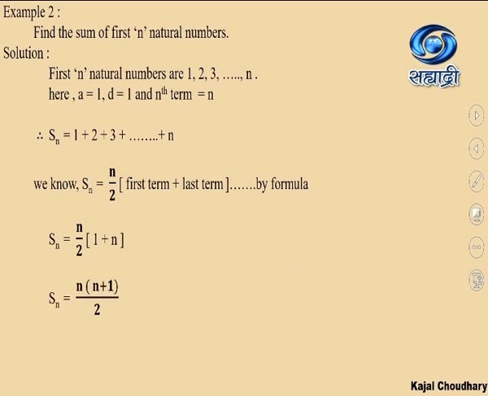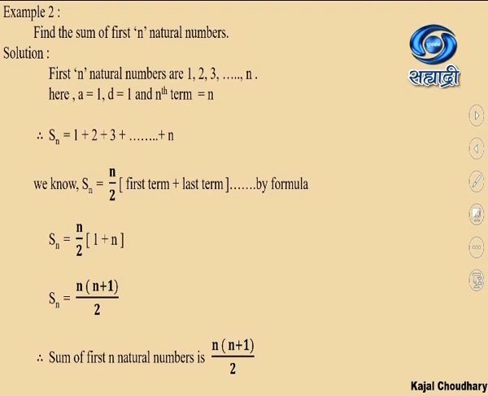1 plus n. Therefore, Sn is equal to n into (n plus 1) upon 2. Now, I just hope you know how we got this. We had just taken the LCM over here, or rather not the LCM. We had actually multiplied n upon 2 with 1 plus n. So, numerator multiplied with the numerator upon 2. Therefore, the sum of the first n natural numbers is n(n plus 1) upon 2.